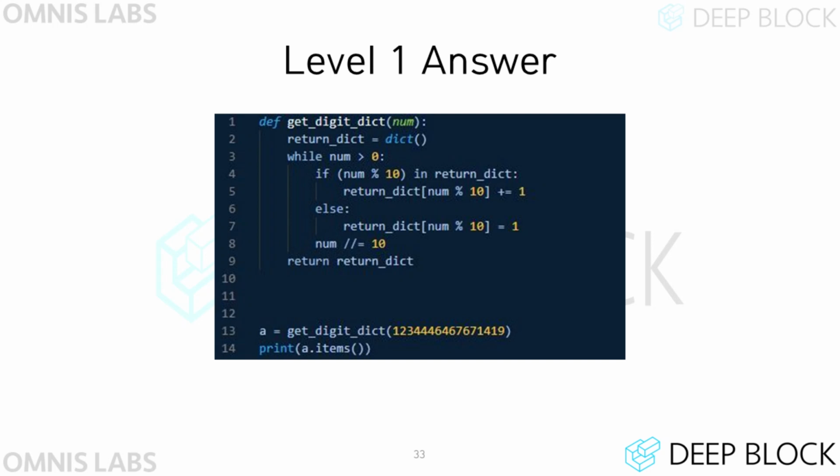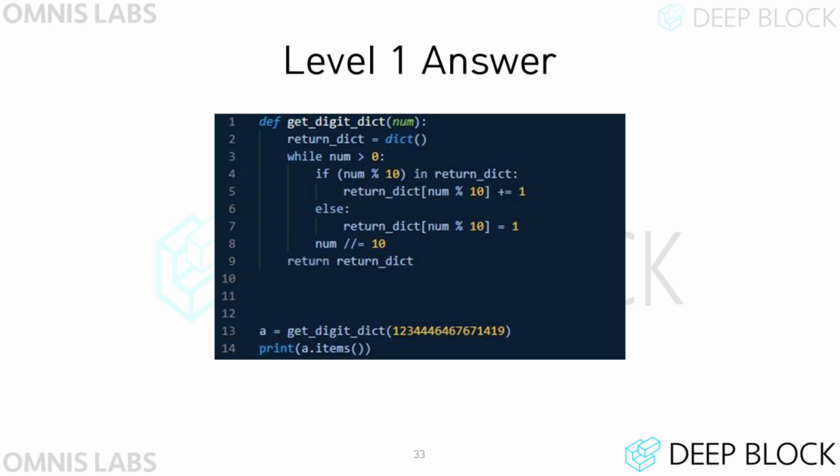If the remainder after dividing num by 10 does not exist in returnDict as a key, the remainder is set as key and the value connected to the key is set as 1. Then divide num by 10 and continue the iteration. After the iteration ends, returnDict is returned.